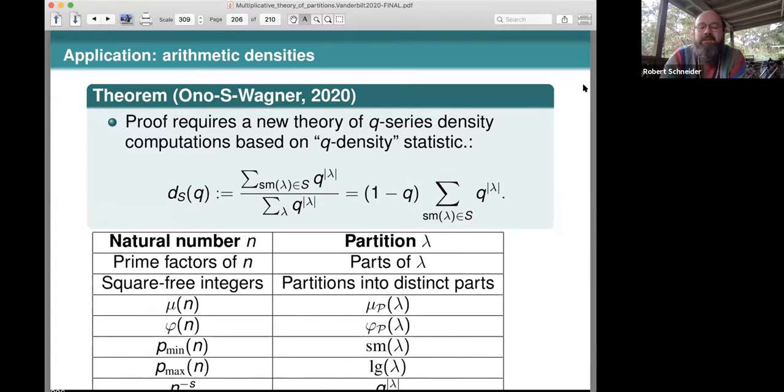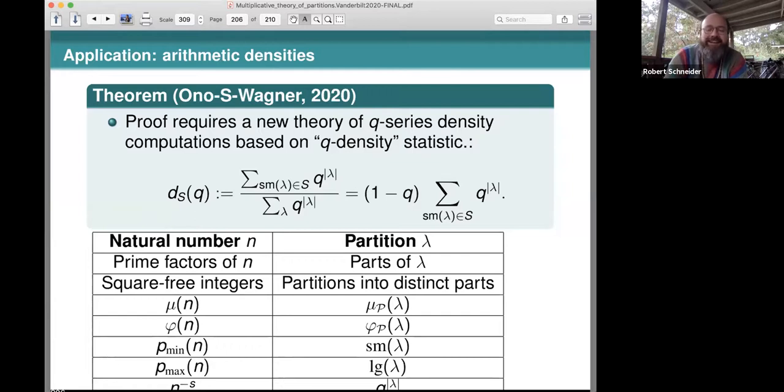Actually, this is wrong. It's supposed to be a regular geometric series with Q to the n over n in S, over the geometric series Q to the n with n greater than or equal to 0. That's what this is supposed to be. And here it's supposed to be the geometric series where we're restricting n into the subset S. These aren't supposed to be partition sums. I'm sorry, that was a copy and pasting error. This whole page is riddled with copy and pasting errors. They all collided on one page in my paper.